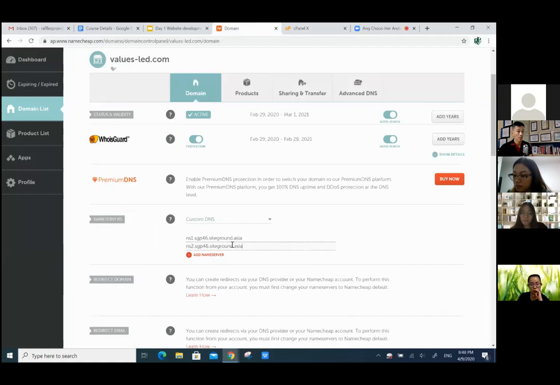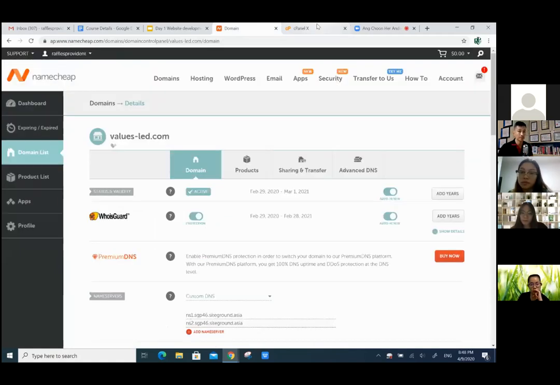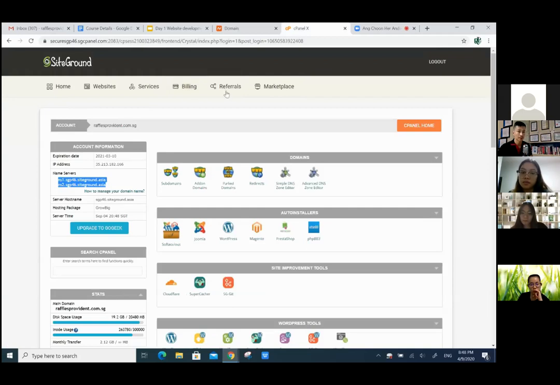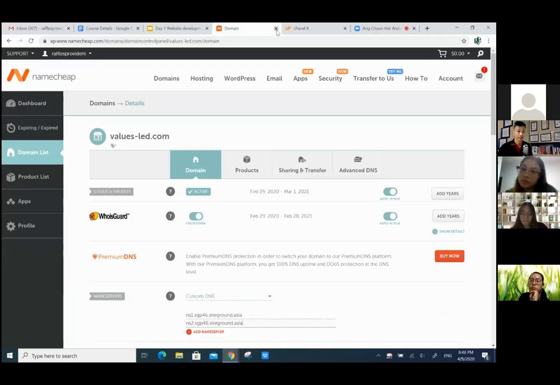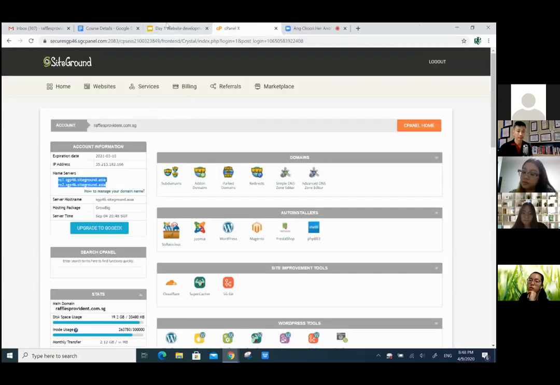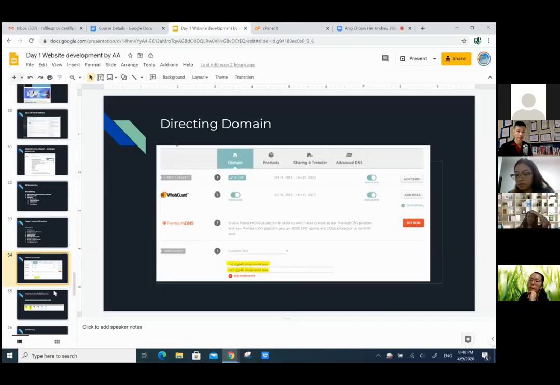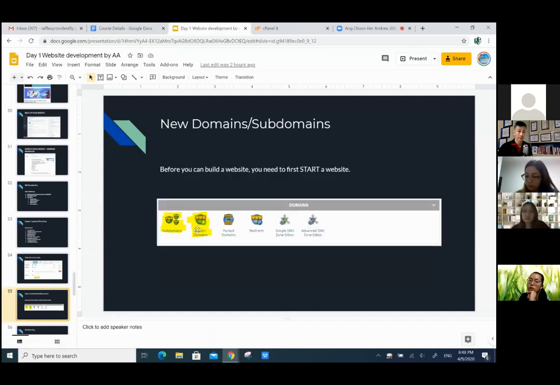So after that, you just wait for less than 24 hours. Your domain will be automatically pointed to your SiteGround account or your host. Then from there, you can continue with building your website, setting up your website, configuring certain things for your website, etc. So with that done, we can go on to the second part, which is what Andrew talked about,